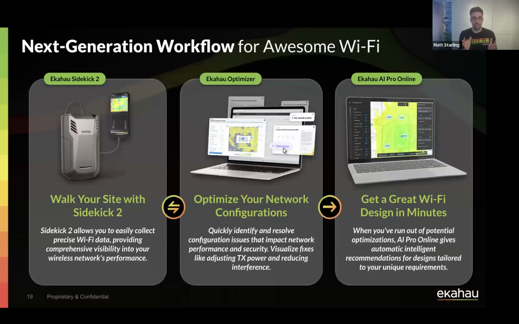And if we think about our new workflow from what we can provide you with our brand new Ekahau AI Pro Online: once you've collected site survey data, you've then analyzed it in Ekahau Optimizer, you've implemented those radio level configuration changes, and now perhaps that has gotten you to a certain point, but really we need to redesign the network, or it's time for an upgrade from old Cisco Wi-Fi 4 access points to new Cisco 6 gigahertz capable access points. And you want to understand, can I just take down these access points and keep their same locations if I put up new ones, or do I need to add or move some access points or move some things around, purely based off survey data